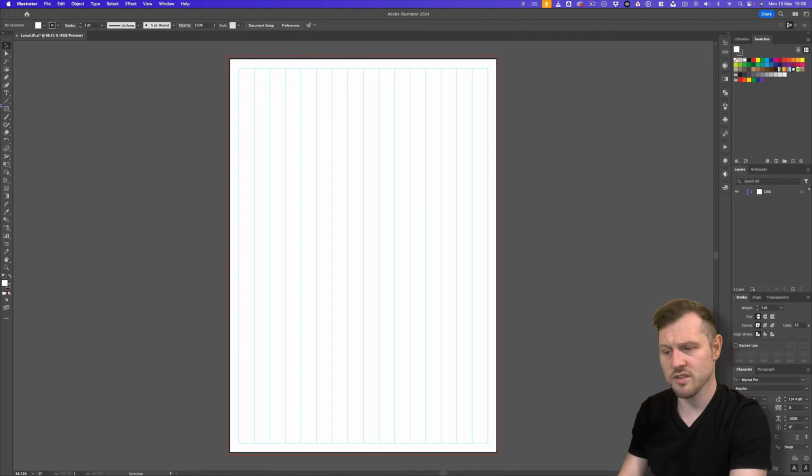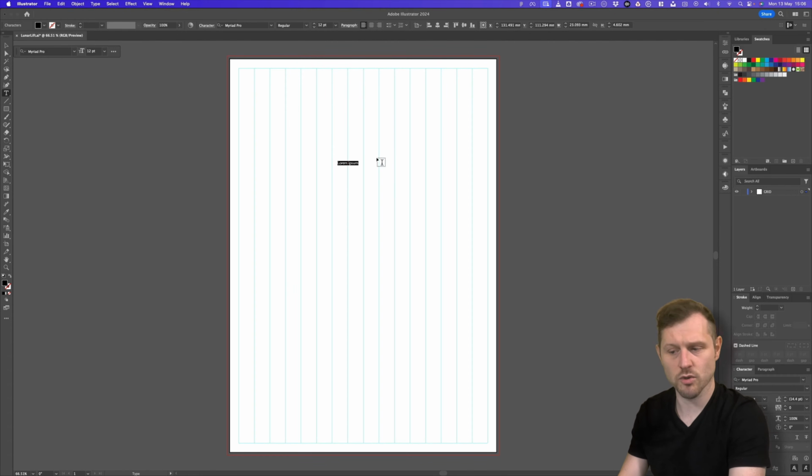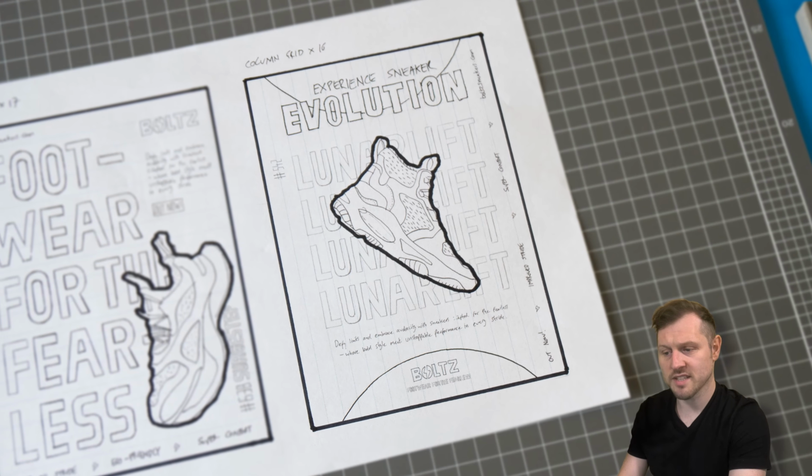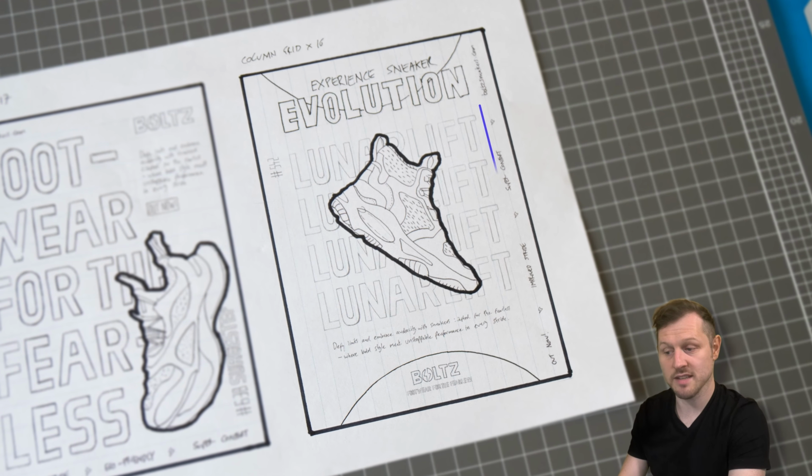To start, I'll come over to the Tools menu, select the Type tool and click once in my poster. Upon click, this will create a type element. Right now, I have a default font applied, but that's okay, I'm not going to worry about that too much right now. Looking at my sketch, I want to place some repeated text in the middle with the name